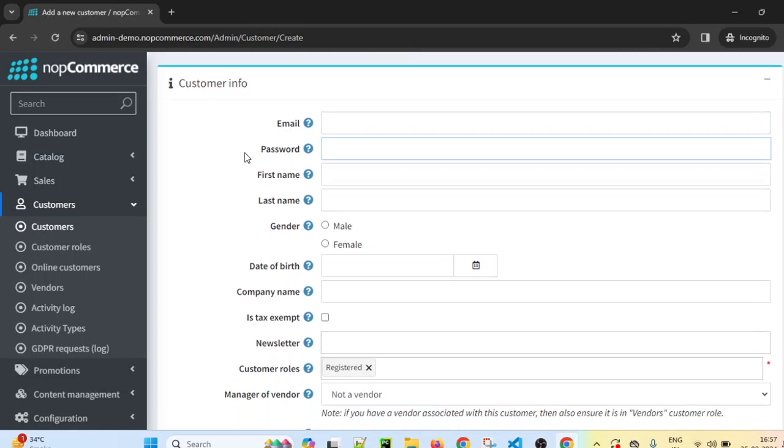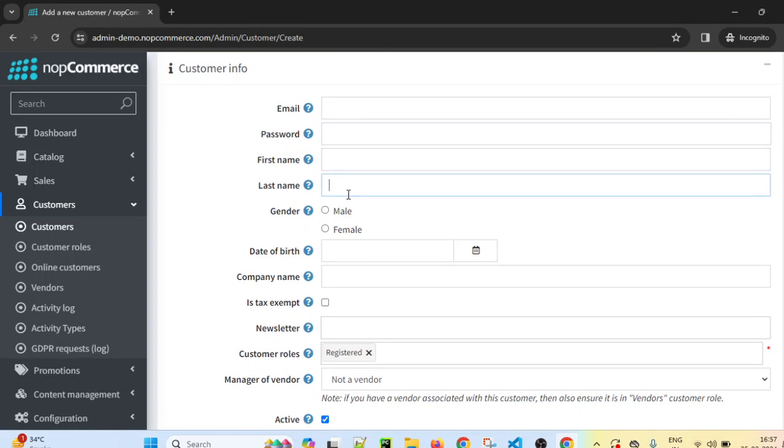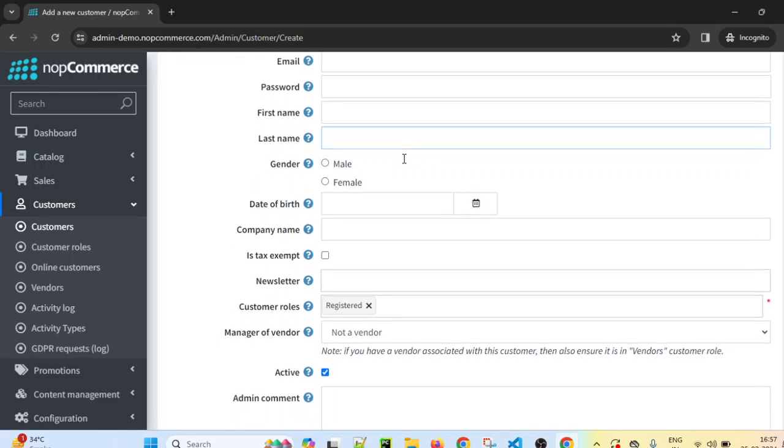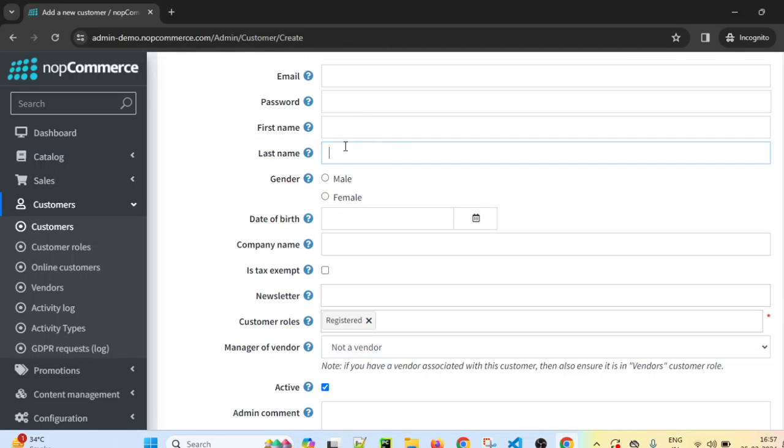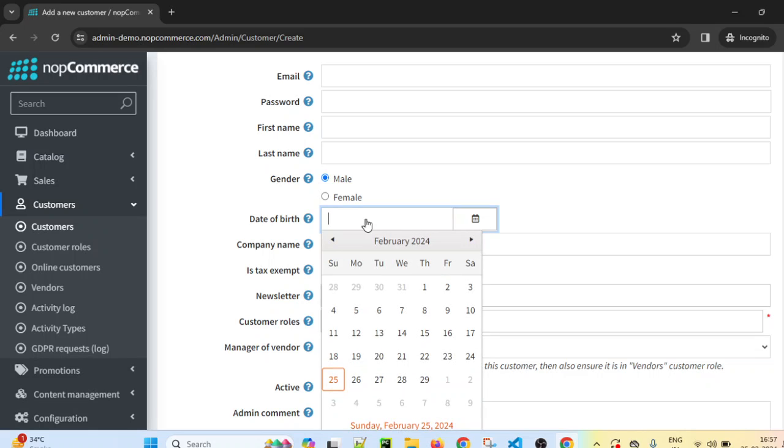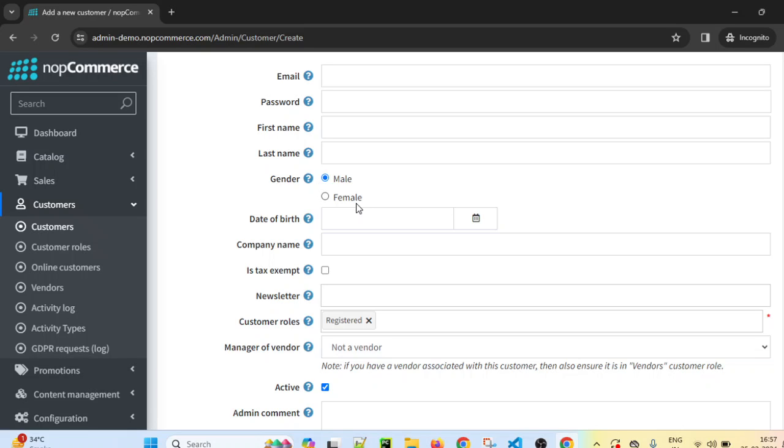For the remaining fields, for example password, first name, last name, we can give the same values. These fields we can easily fill just like any other input fields. So we have to locate the password, then provide the password. Then provide the first name, last name, and here gender, male and female. These are basically radio buttons, so you have to select any one of them. Then we have to select the date of birth. There is a date picker available as well, but we can directly send the value. So instead of using the date picker, always remember, always follow the simple approach while automating your test cases.